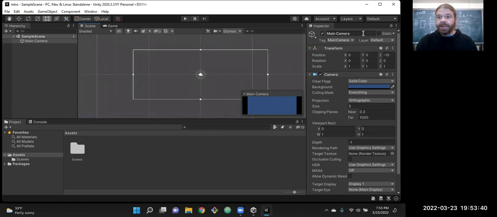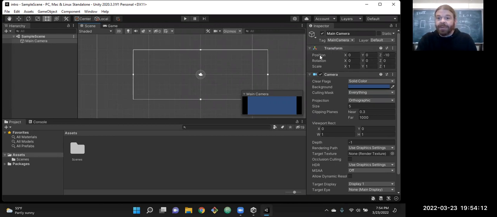Then over here on the right, this is one of the main things we want to look at. This is the inspector panel. This tells us everything about the camera. So transform comes from linear transformation, for anybody who's had linear algebra, because there are a couple of things we can do with any object we have in virtual space or real space.